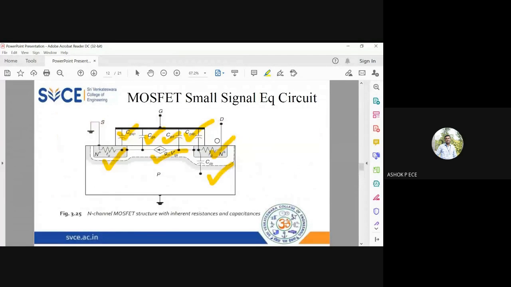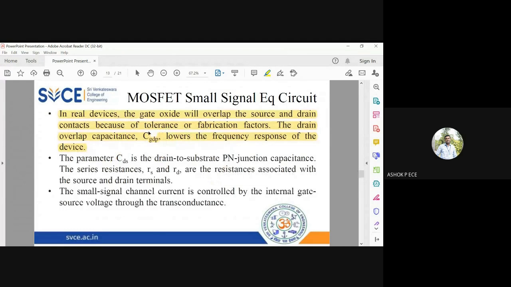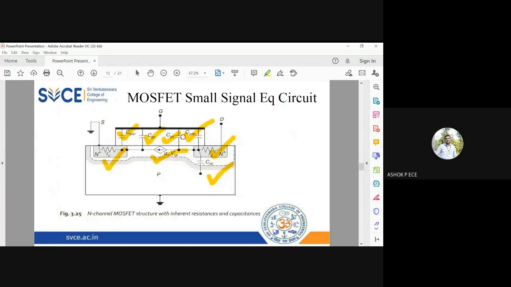So among the two parasitic capacitances, CGDP and CGSP, what they have found is the CGDP will lower the frequency response of the device, and the parameter CDS is the drain to substrate junction capacitance, and other resistances are known to you. The small signal current is controlled by the gate source voltage through the transconductance. So among all the parameters, they say the CGDP is very, very important because it controls the frequency response of your device. It controls the frequency response because it is present between the output terminal